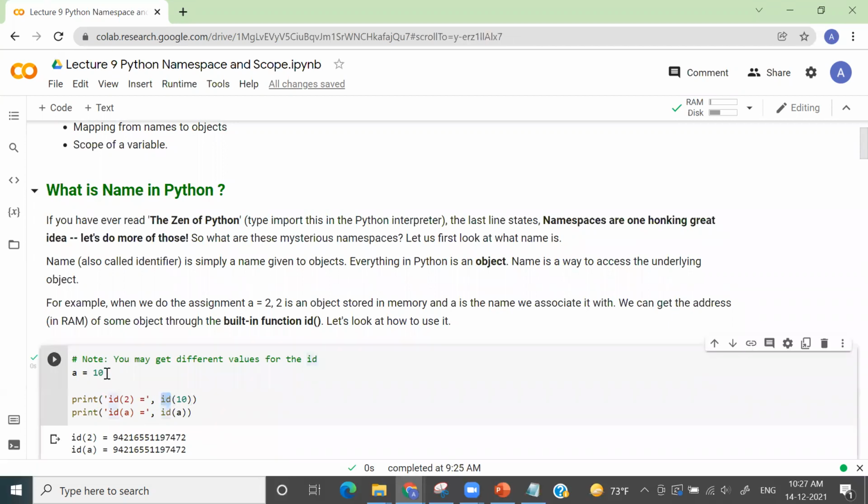If I have created a variable A and assigned 10 to it, I want to see in which particular address this value 10 is getting stored. So I'll do id 10, and it will give me the address of this constant.